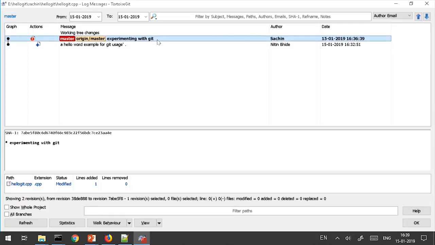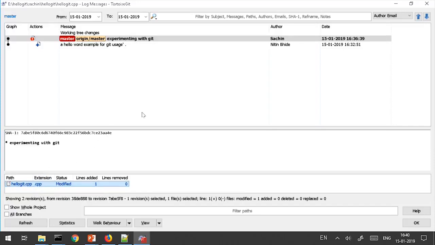So, latest changes are on the top and historical changes are at the bottom. As you can see here, it has an author and it has a date. So, it shows you the latest changes were done by Sachin at 4:36 p.m. and the message that Sachin has entered was experimenting with Git, and the file that he has modified is